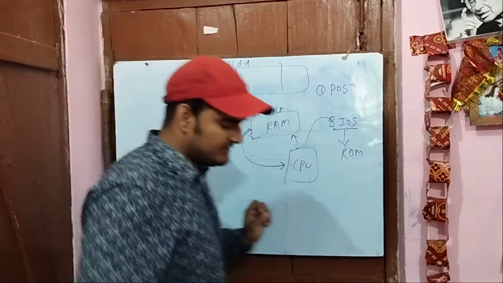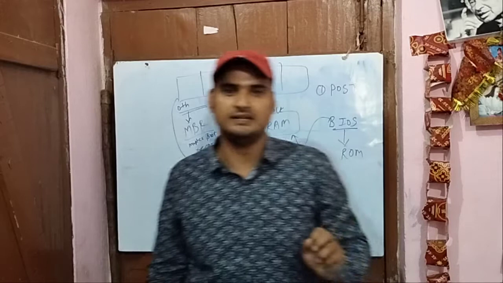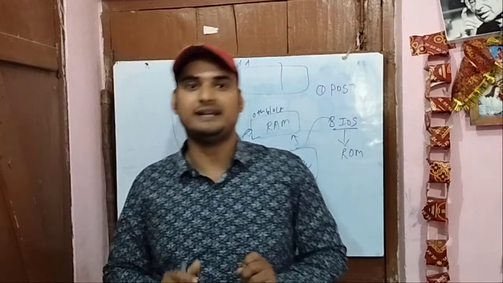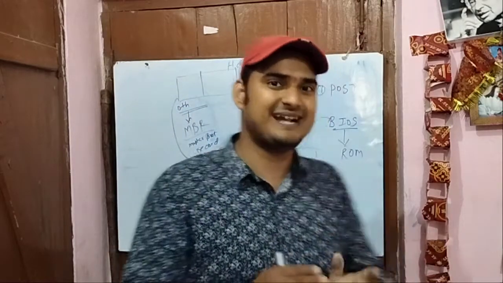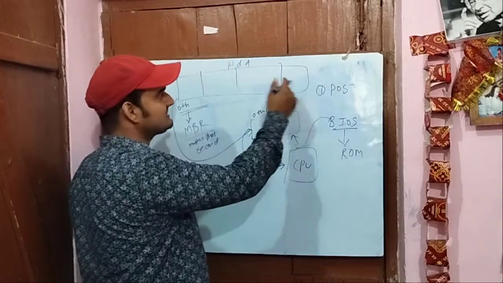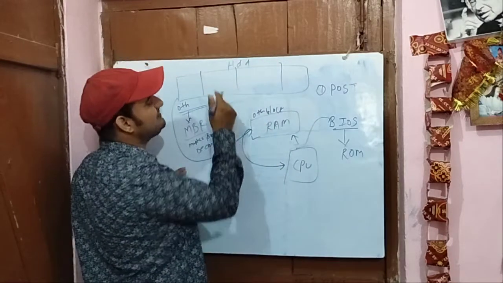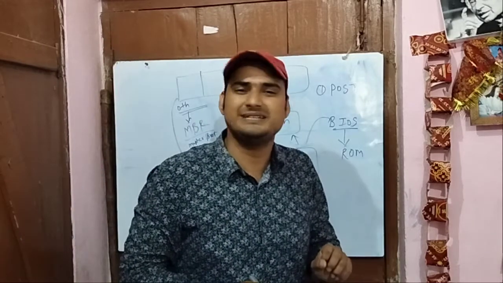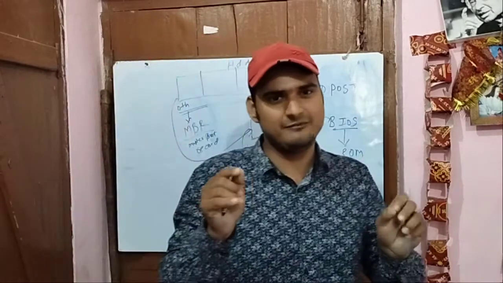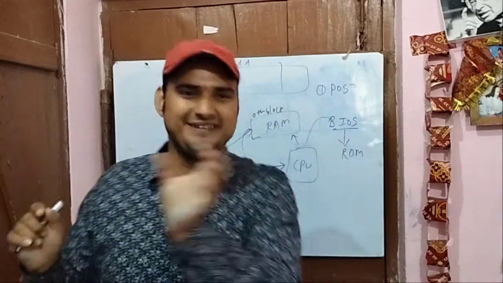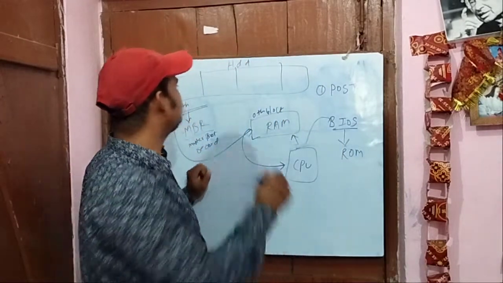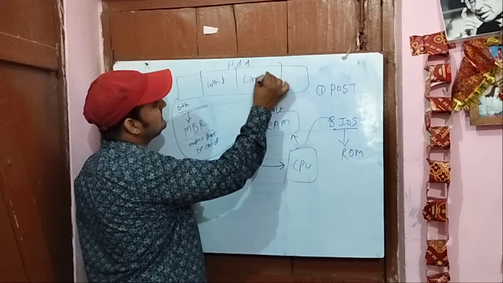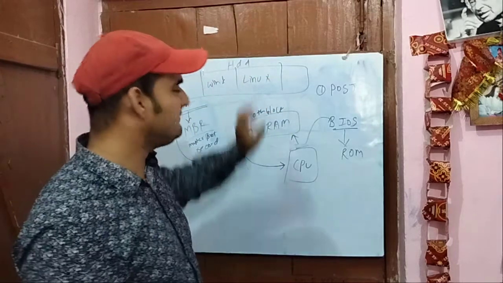The thing is, this MBR contains information about the various operating systems installed in our system and their locations, meaning from which address they start. Let's suppose we have a hard disk having multiple partitions. You might have seen that when you install various operating systems, you make various logical partitions. Like from the entire C drive, we cut some space and give it to D drive, E drive, F drive. In the same way, let's suppose you have given some space to Windows, and some space to Linux. Like this, we have installed various operating systems.